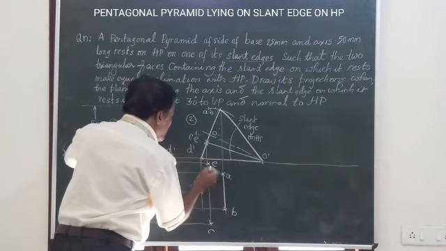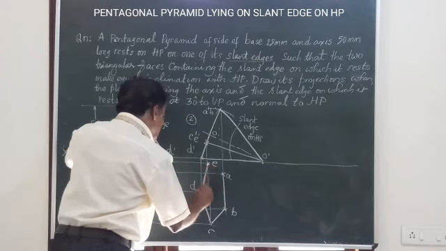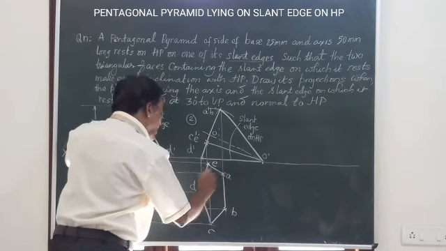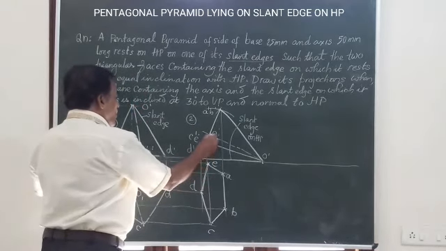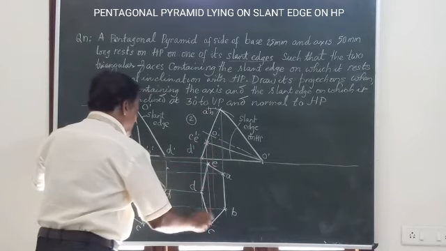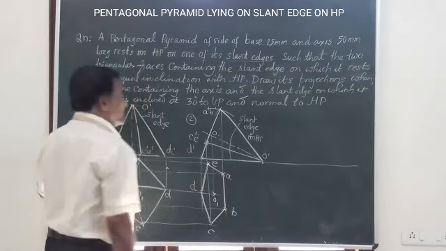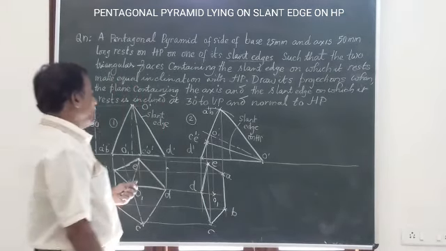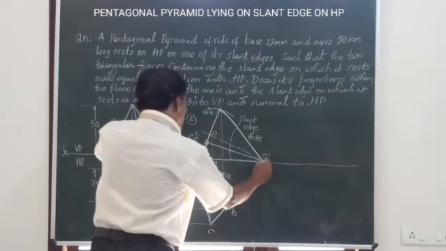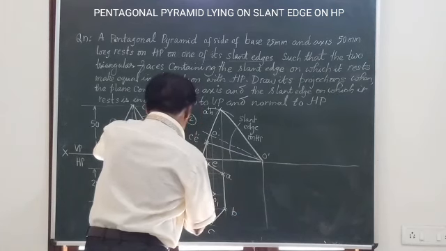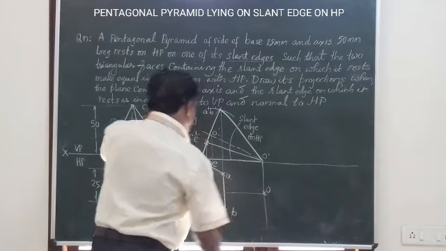So I am going to join A to B, B to C, C to D, D to E and E to A. All these by straight line. This represents the complete base of the solid. Mark O1, the center of the base. It lies on this line. This is your O1. So base I have got. Now I have to obtain the vertex. To obtain the vertex, draw like this. A vertical line from O, the vertex, a horizontal line from here. The point where those two intersect is O.